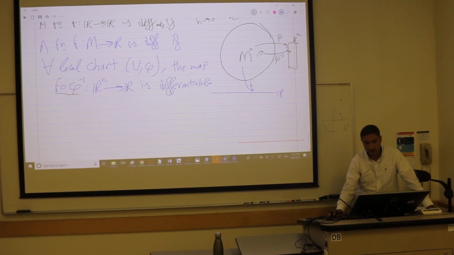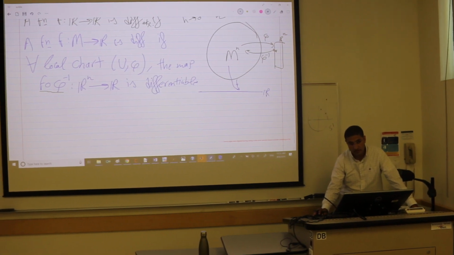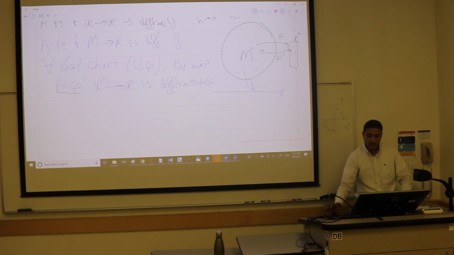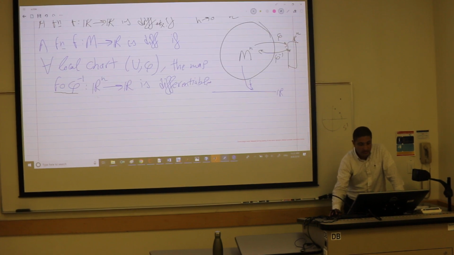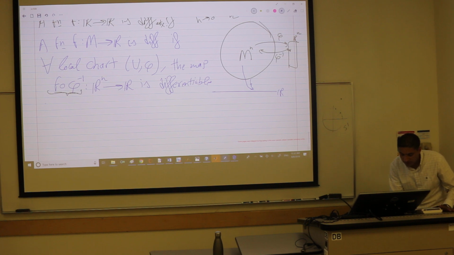Now the output here is a point on the manifold. F takes a point on the manifold and gives you R. Okay. So when you do them consecutively, then this means that the input is a point on Rn and the final output will be a point on R. Okay. So this composite map is from Rn to R, and actually this is called the local representation